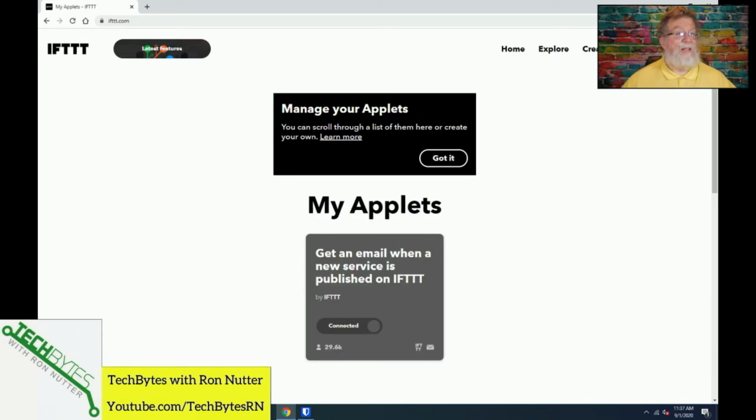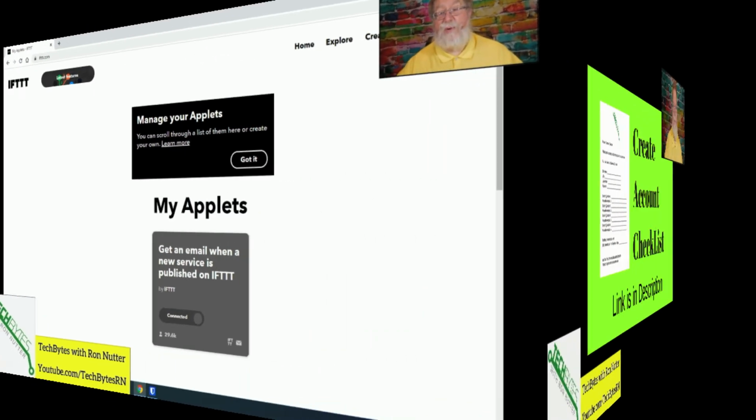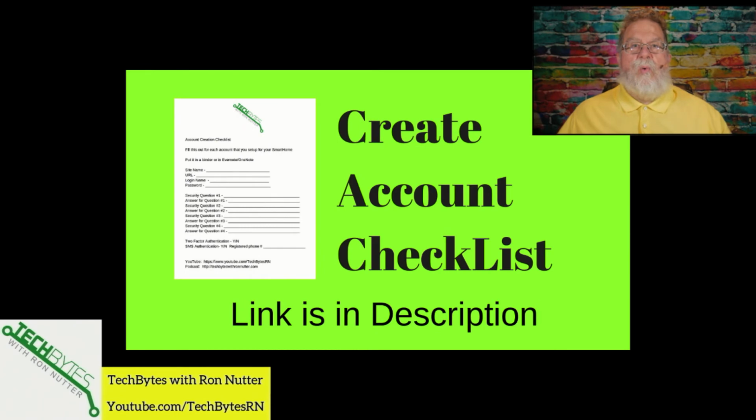Okay. And we're in. So we've got that up and running, and we'll now go on to doing the soft token. When you're setting up that new account for the smart home cloud service or device, please get a copy of